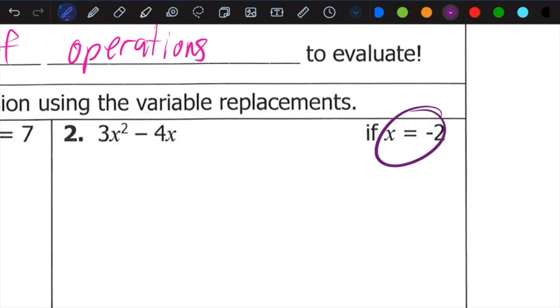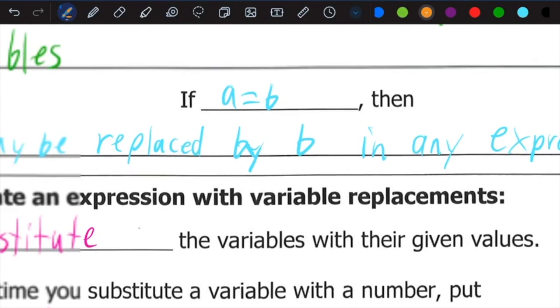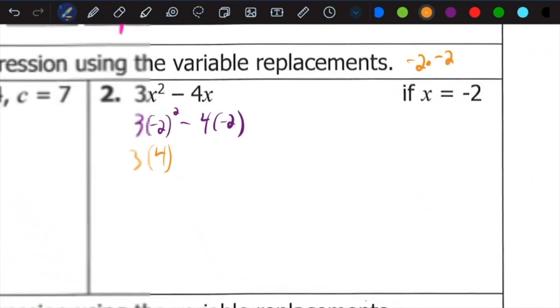Number 2, we're plugging in x as -2. So 3 times -2 being squared minus 4 times -2. So here's those negatives I was talking about. It comes into play here because -2 squared means -2 times -2, like we talked about earlier, which is +4. So 3 times +4. And here we end up having -4 multiplying with -2, which creates a